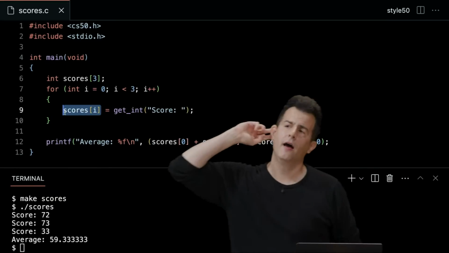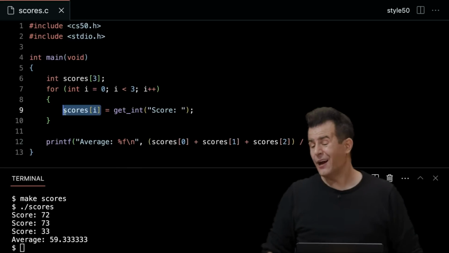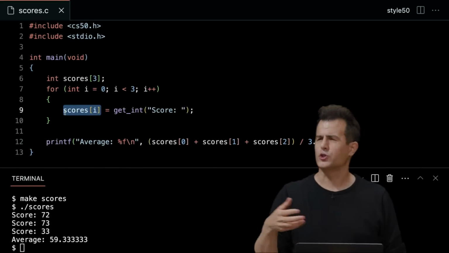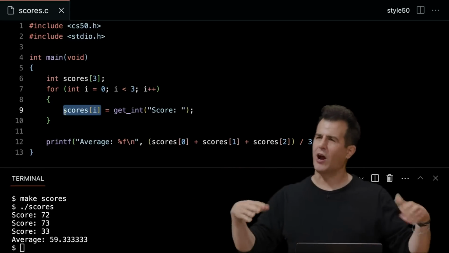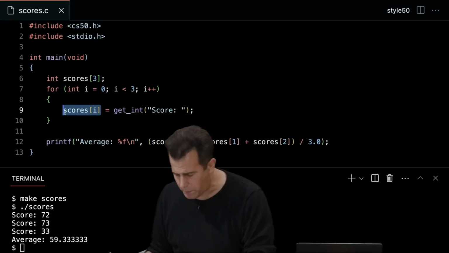But something else. Yeah? I could also compute the average in a loop because indeed this is kind of only solving the problem halfway. I'm gathering the information in the loop, but then I'm manually writing it all out. So it does feel like there should be a better solution here. But let me also